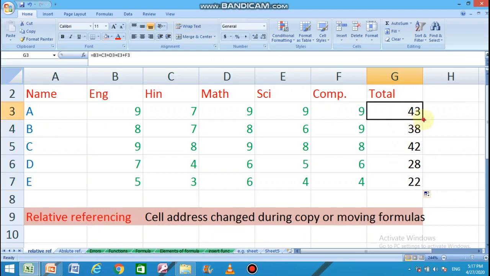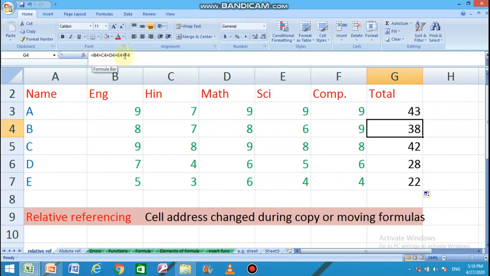Students, when we drag the fill handle, the formula in the cell is copied into the next cell, and again it is copied to the next cell. In this way it is copied. And what happened during the copy? In the formula the cell addresses are changed automatically.